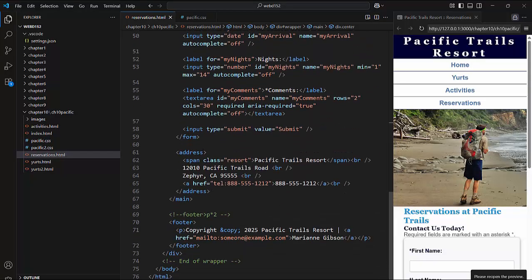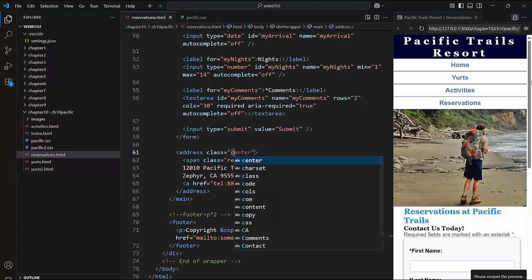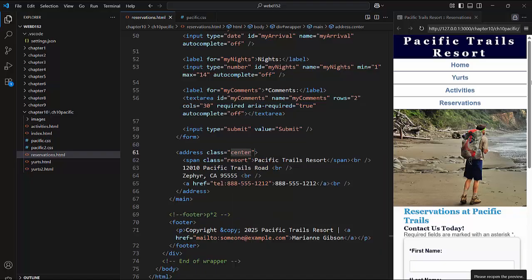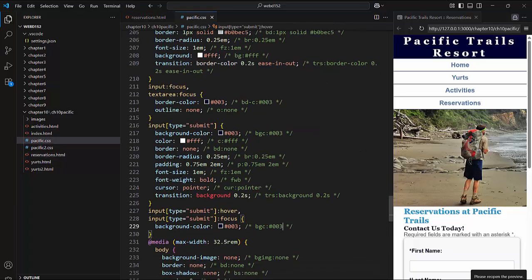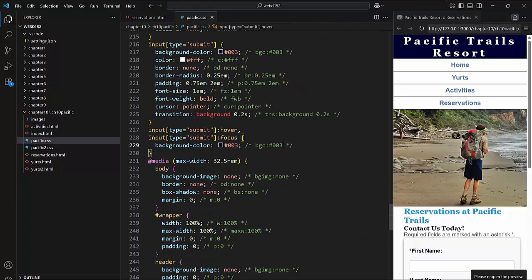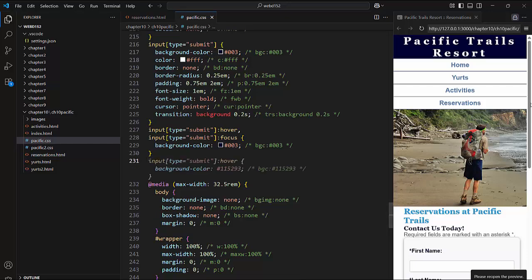And I'm going to come down here to the address. I'm going to type in class, and it's going to be center. And I'm going to save. Now I'm going to go back to my Pacific CSS styles, and I'm going to go to after the input and before the @media query, and I'm going to type in